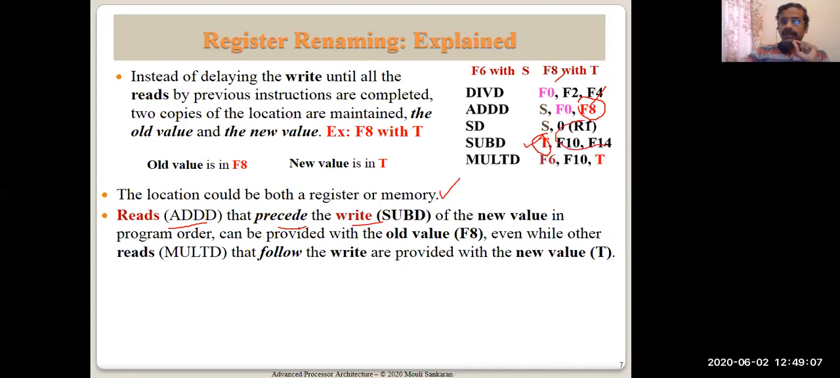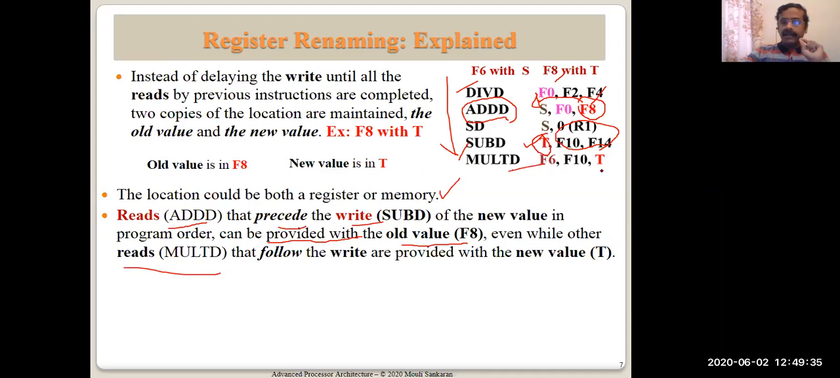The new value is computed here in the program order. This is the new value, this is the old value. In the program order, reads can be provided with the old value. Now reads from this instruction need to be provided with the old value, which is in F8, even while other reads